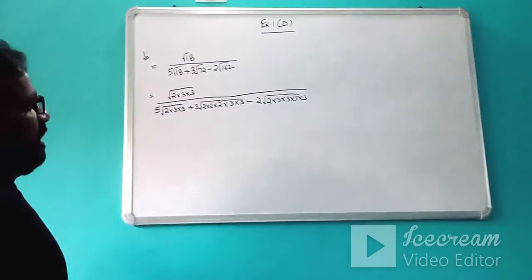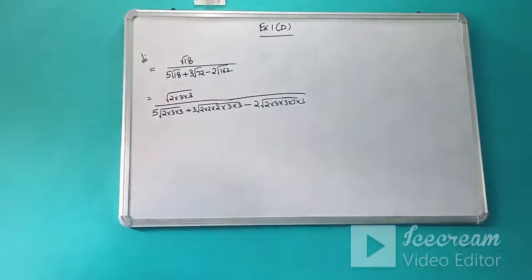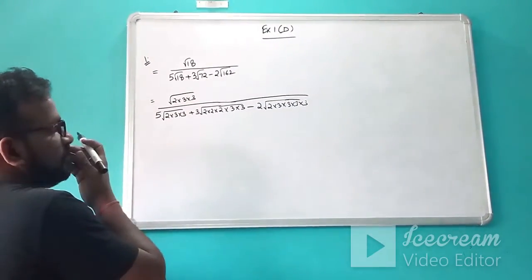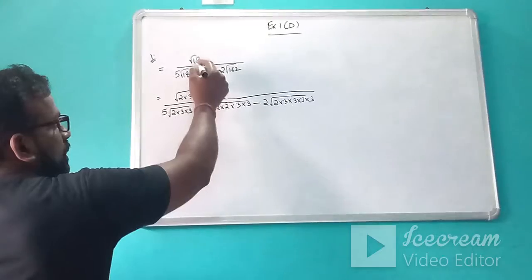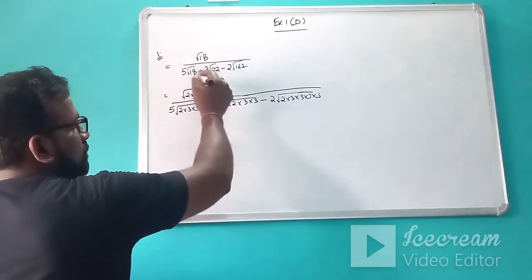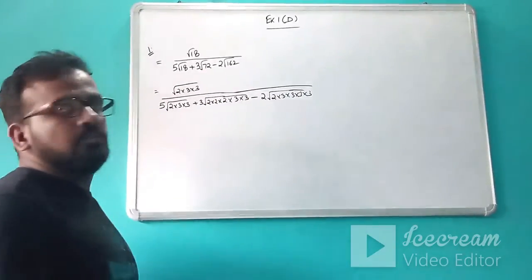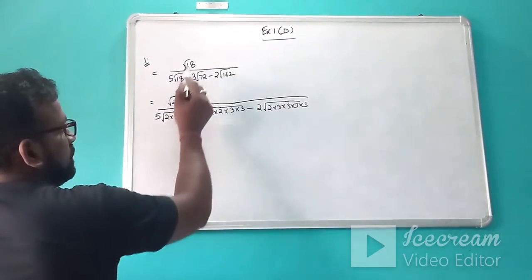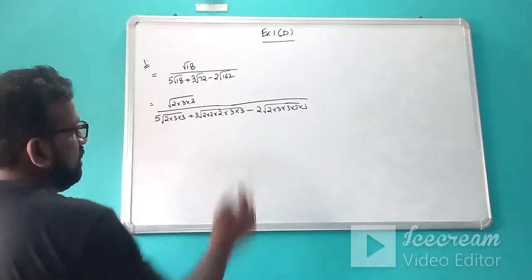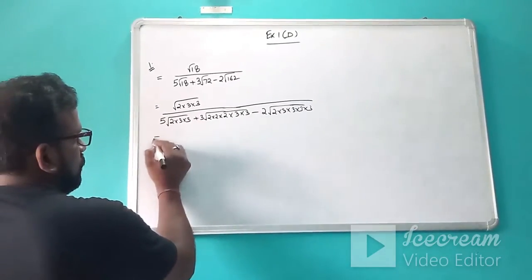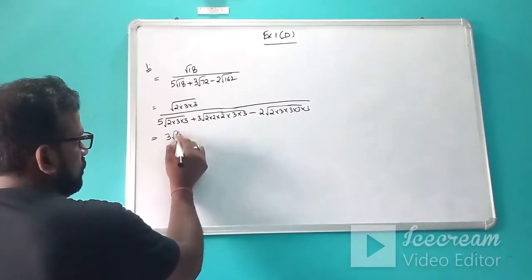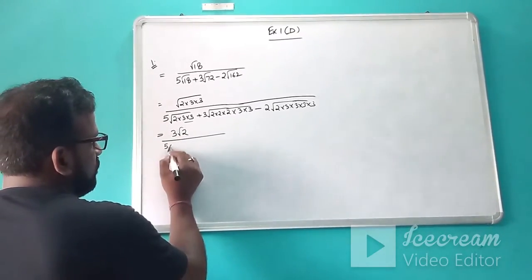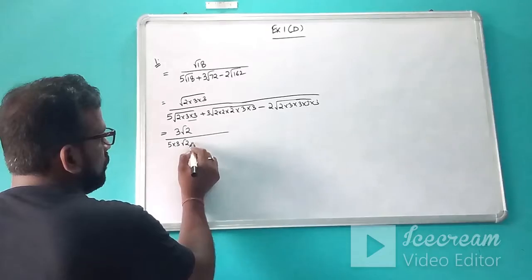Okay, let's discuss the last exercise of 1D. Suppose this question is given and we have to simplify this expression. If you see carefully, in the root sign all the numbers are composite numbers. So first we will do the prime factorization of each and every number, like I have done. From here this 3 will come out. From here again this 3 will come out. It becomes 5 into 3 root 2.